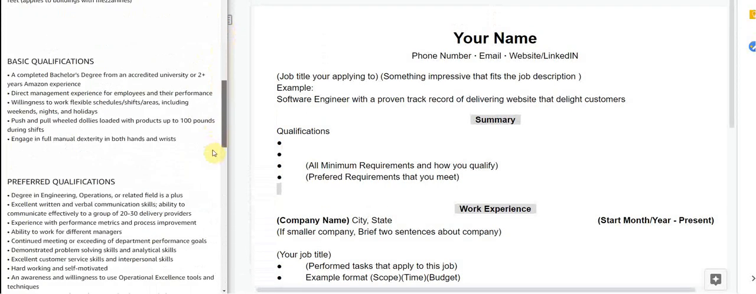Come down here. You want to start at the basic qualifications area. So go over to your resume, put in your name, phone number, email, website, if it's an actual website or your LinkedIn URL, whatever applies to you. And then I'm going to go here. We're going to put in the job title that we're applying to, operations area manager. And then you're going to have some sort of description of something you've done in the past